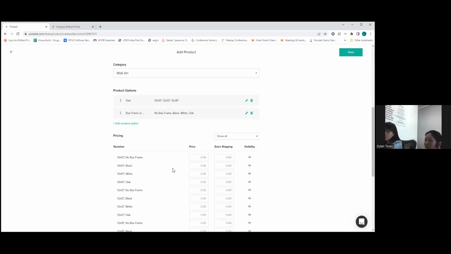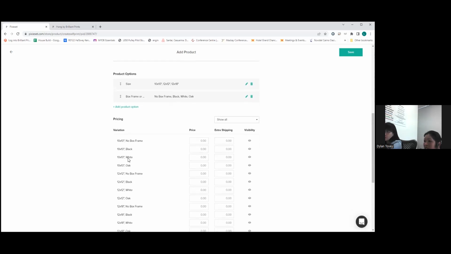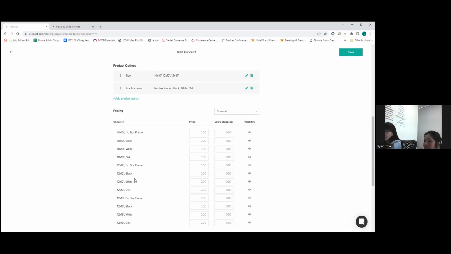So this is where you would need to think outside the box and make sure that you cover all your bases. In case they don't want a frame, they just want a plain canvas, then you put 10 by 10 inch canvas, no box frame, and then there'll be black, white, oak,